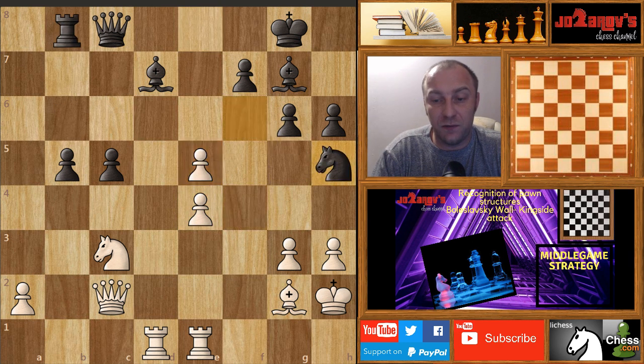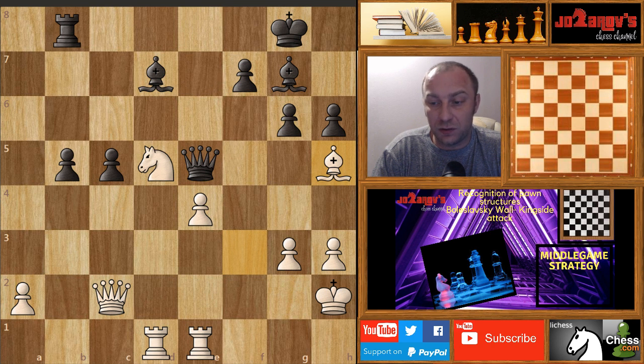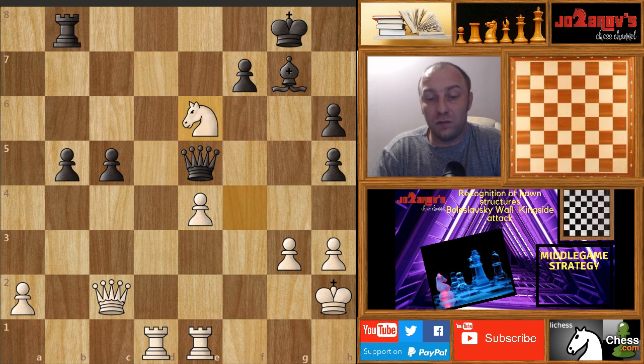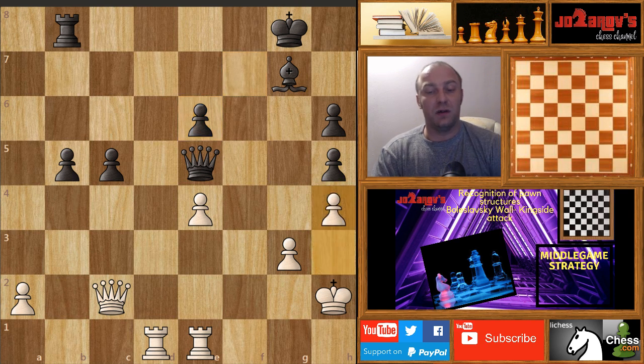We have f takes e5, knight on h5, but now knight on d5, and let's see now the continuation: queen on e8, and now bishop on f3, queen on e5. Now bishop takes on h5, g takes h5, knight on f4, fixing the knight here, and now bishop on e6. Now simply trade off the pieces here on e6, f takes e6, and now h4. Many moves were played after this, but I hope you realize that Shakhriyar Mamedjarov had a really winning endgame here,